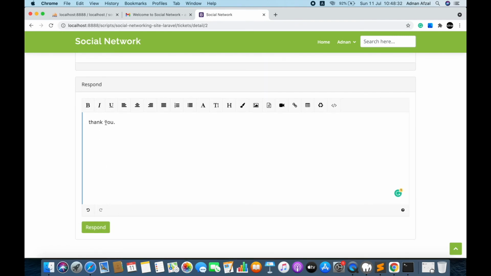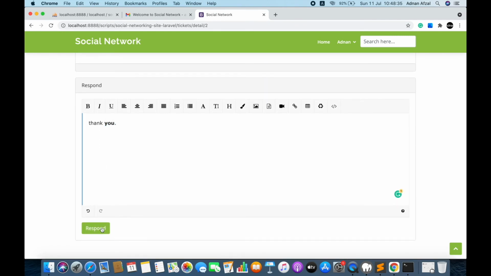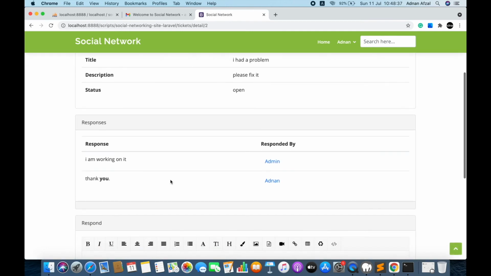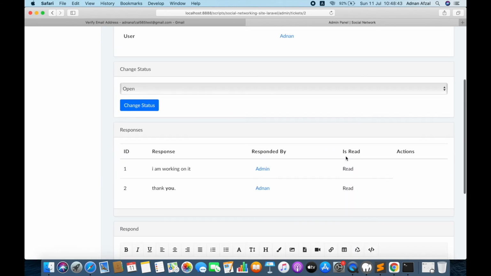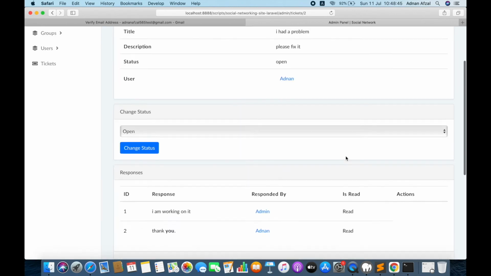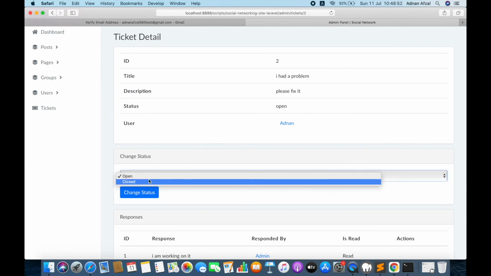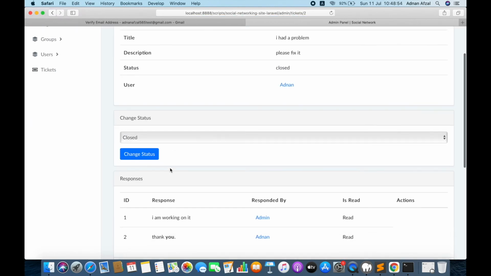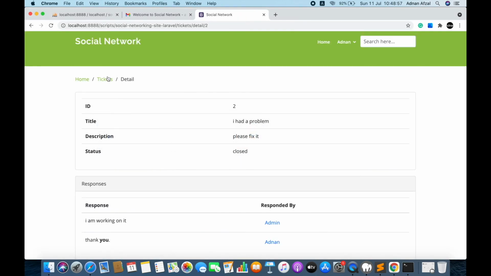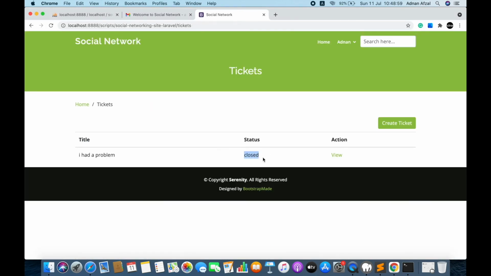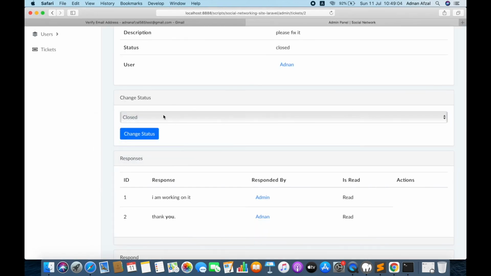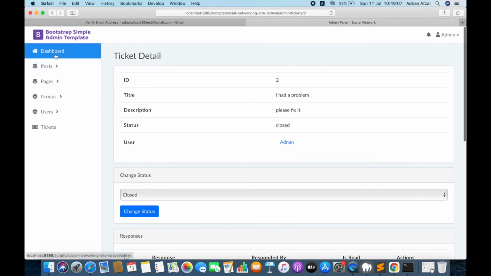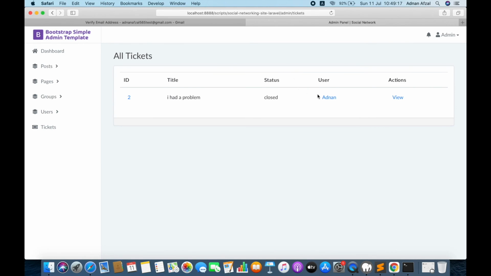So you can explain your problem in paragraphs, make the text bold, italic, and a lot more types of HTML formatting. And the admin will see that in HTML format too. And once the problem is solved, admin can change the status of the ticket from open to closed. So the ticket works, and since I am already inside the admin panel, let me show you the functions admin can perform. He can view a list of all tickets and respond to them.